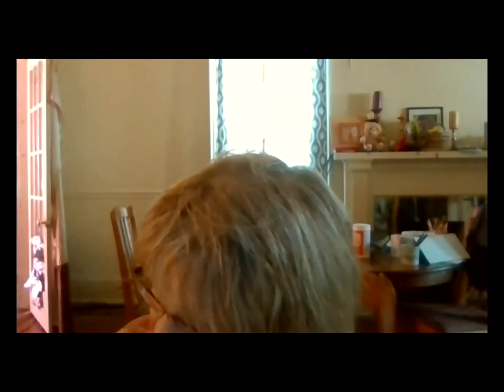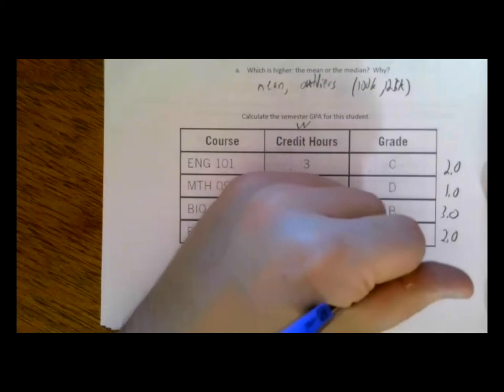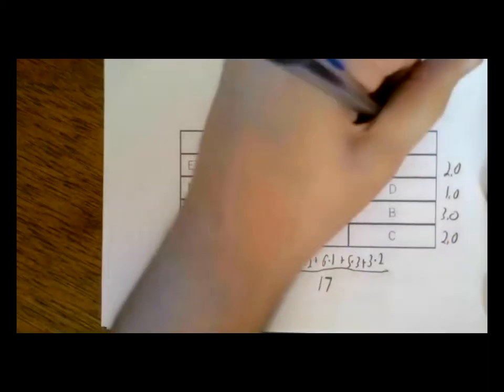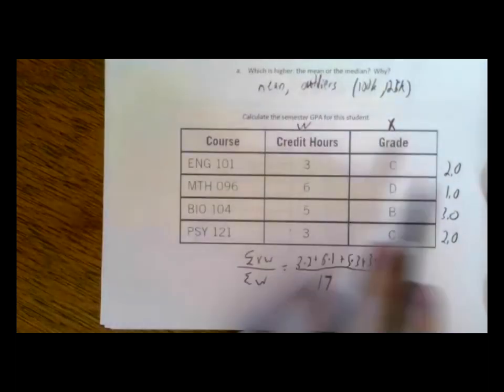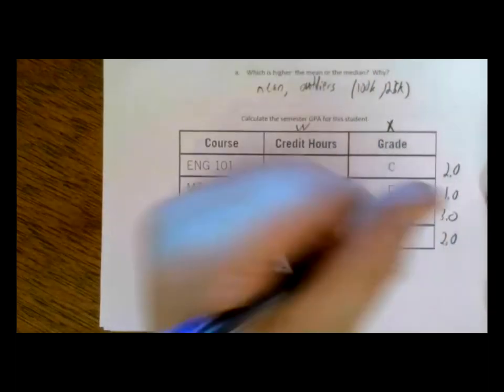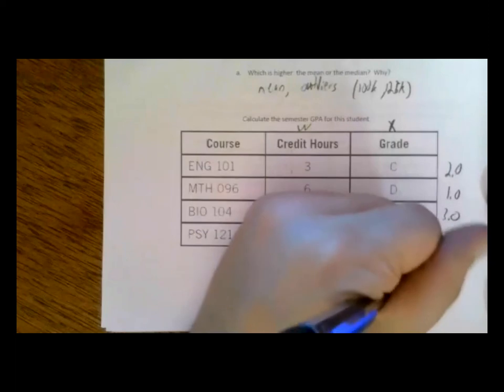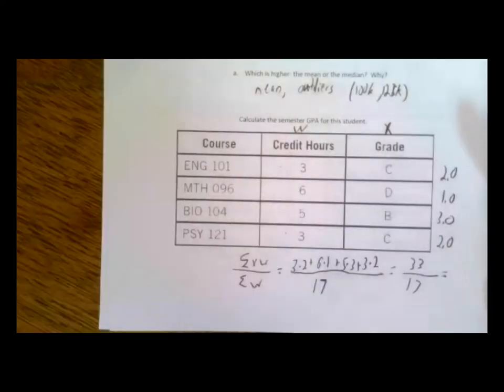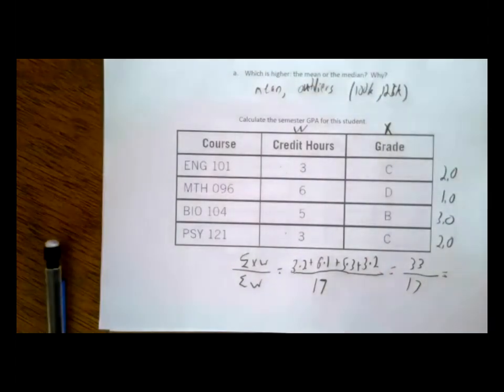With English, I took the 3 credit hours times 2 plus, and then just went down the line. Yep, 6 times 1, 5 times 3, and 3 times 2. Yep. So we're just multiplying our weights by our X values or our grades, and then we're summing all those together. So what did you get again on the top? I'm sorry. 33. 33. Okay. So if we do 33 divided by 17, we should get